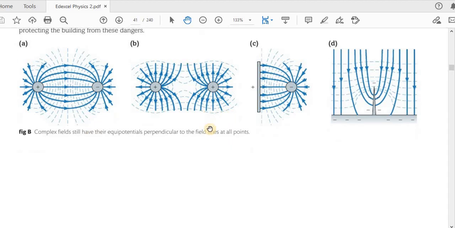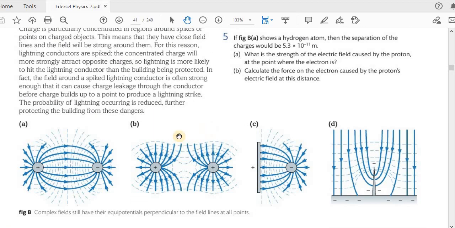Then you can see here what the fields look like. I showed this earlier when I was explaining chapter 7.1 part 1. So if you have two opposite charges like this, it's like a north pole and a south pole in a magnet. Okay, so you'll have something like this. Then if you have both positive or both negative like this, same magnitude, then you will get this pattern. Only difference is the direction of the arrow. So if it's both positive, the field lines will be going away from the positive. Here if you have both negative, same magnitude of charge, then the field lines will be pointing towards those negative